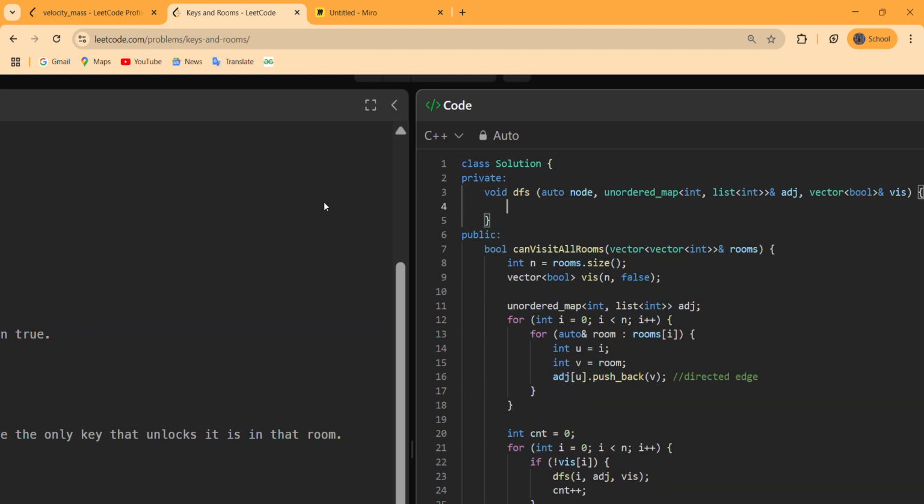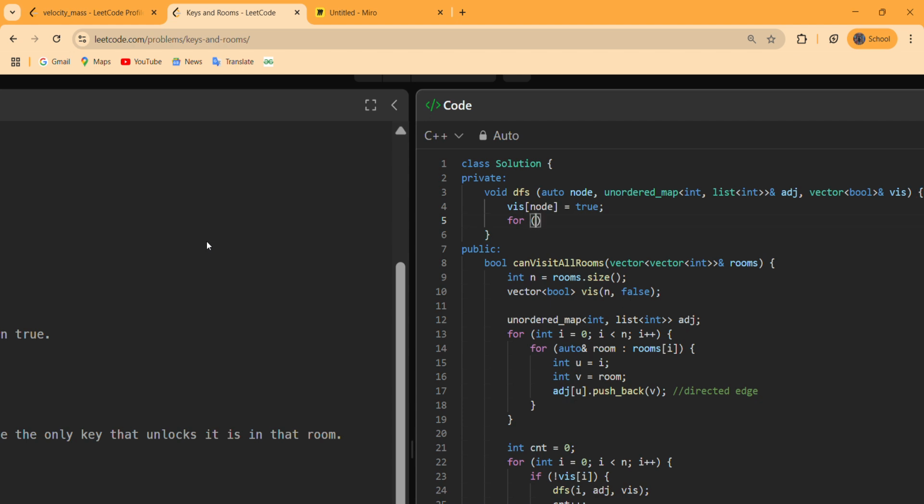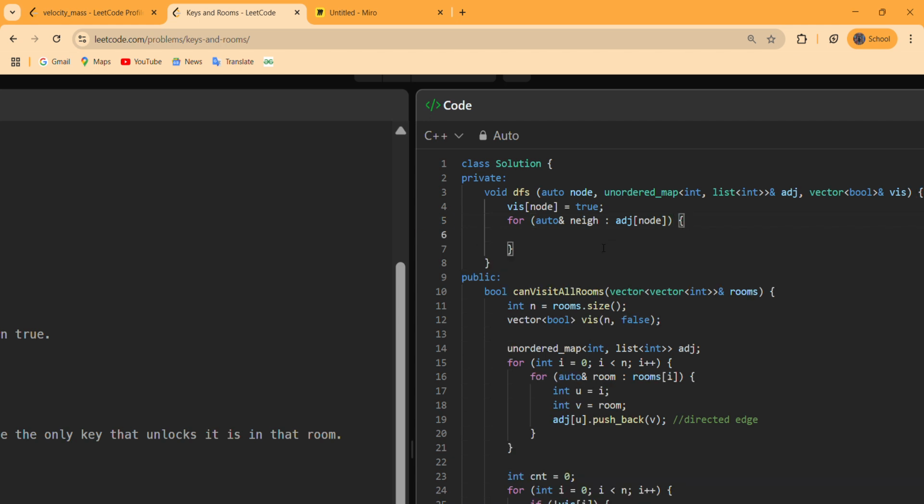Now what we have to do every time we are in our DFS is first mark our node as visited, and then move on to every neighbor of that node that is unmarked. That means this will extract every neighbor of that.